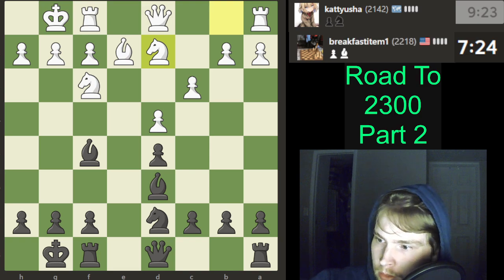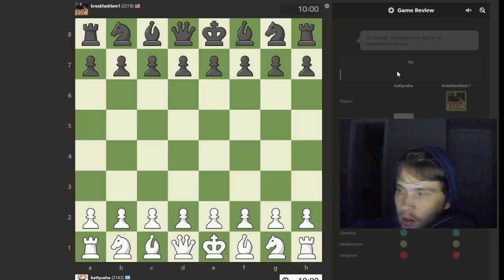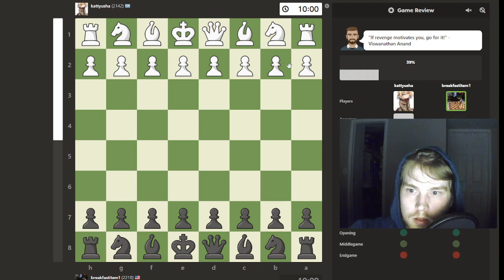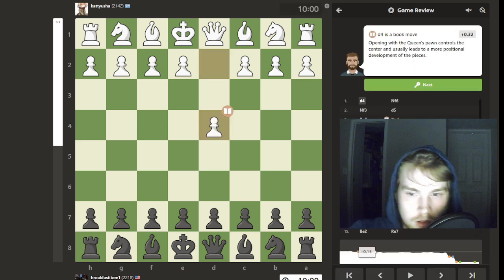Let's see, what do I want to do? Analysis. Here we are. Game review. We are doing it. We just had a slight advantage after he gave us the bishop pair, and then the whole game things were fine, and then he blundered. So, let's see where...